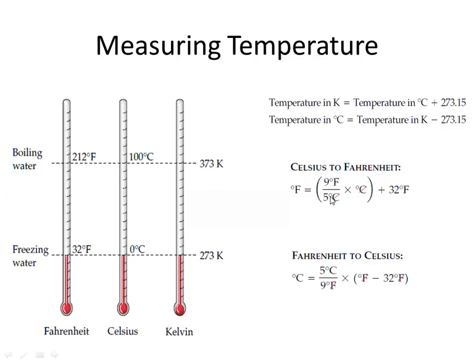9 degrees Fahrenheit over 5 degrees Celsius multiplied by Celsius plus 32 Fahrenheit. These are constant numbers. You are not going to change any of the numbers. What is different is you just have to put the value of the centigrade over here, and then you will automatically get the value of the Fahrenheit. Clear? We discussed this again in the last class. This is the unit cancellation method. This centigrade is going to cancel out this centigrade, and what is left? Fahrenheit is left.